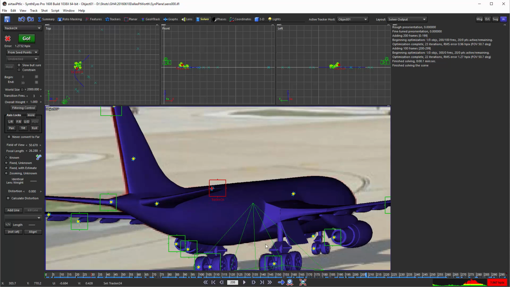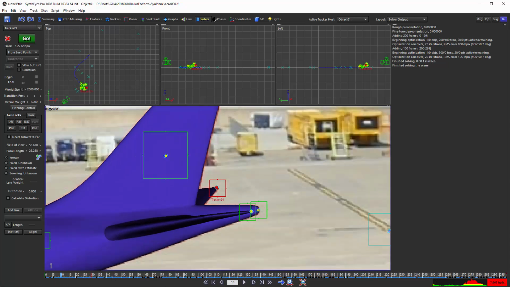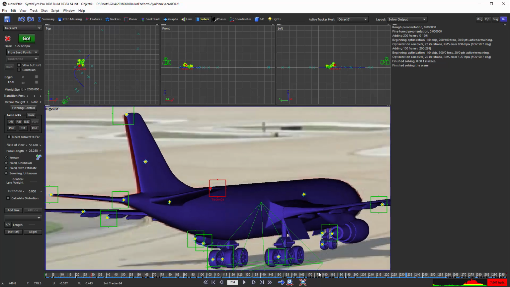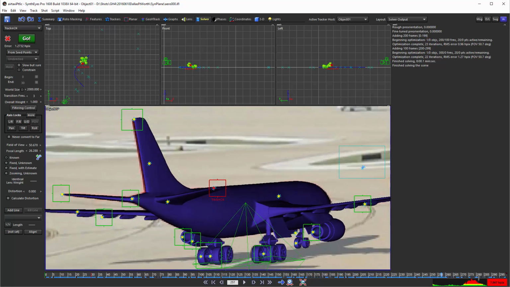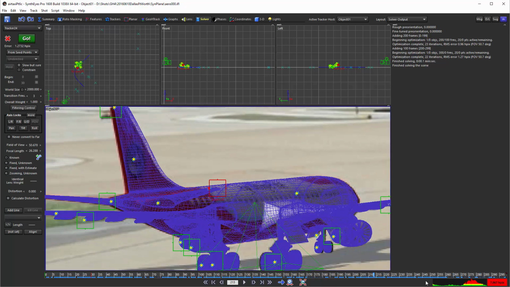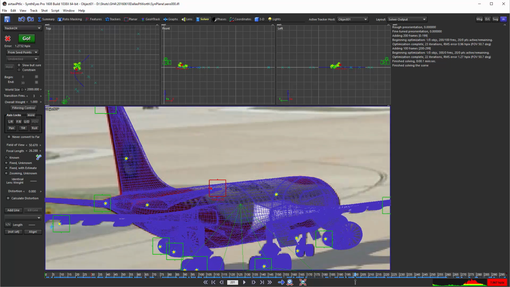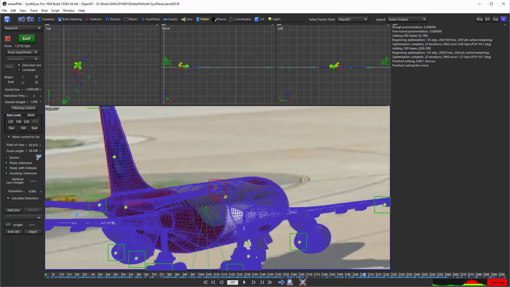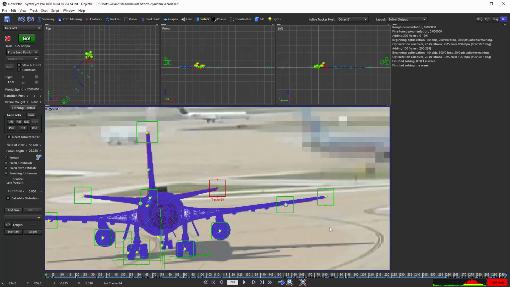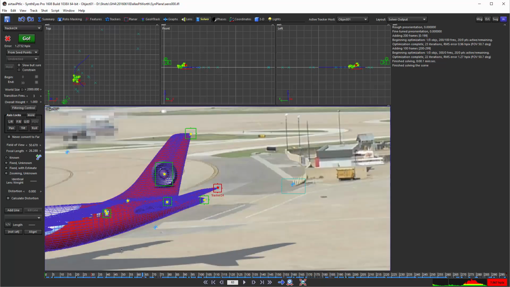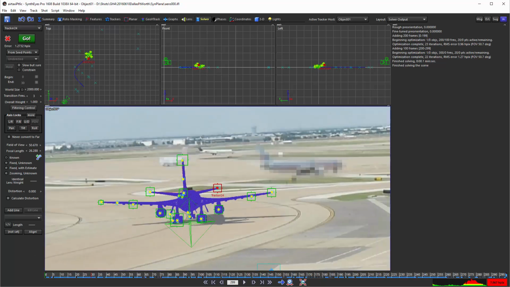So back here in the solver view, again, we can scrub through the shot, and you can see just a little bit of fringing here, some of the differences between the mesh model position and the actual image of the plane. So that's giving you a reasonable look at how it's all gone. So from this particular data,